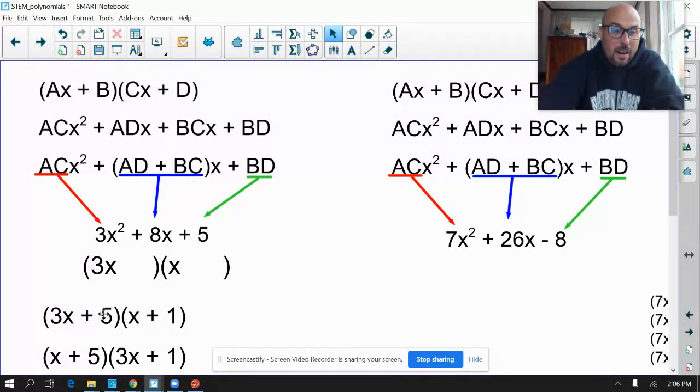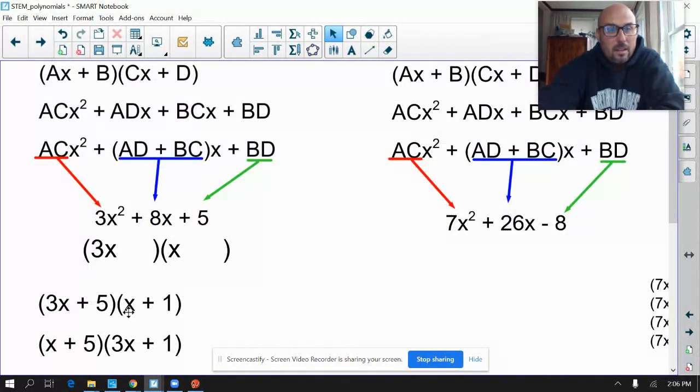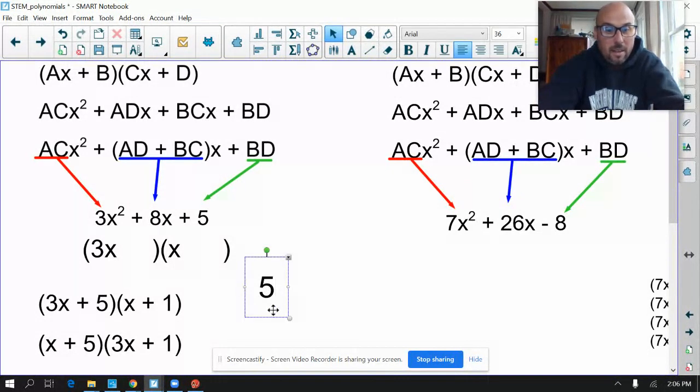I could put the 5 first and then the 1, or have the 3x tied with the 1, or x plus 5 and 3x plus 1. These are two different results. So how am I going to get this 8? Well, here I just need to do a little bit of mental math. If I put a 5 right here and a 1 over here,